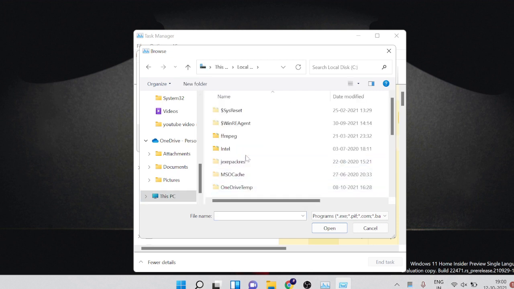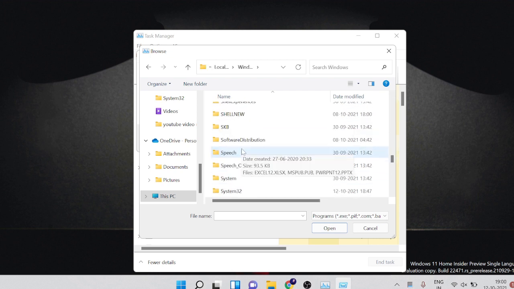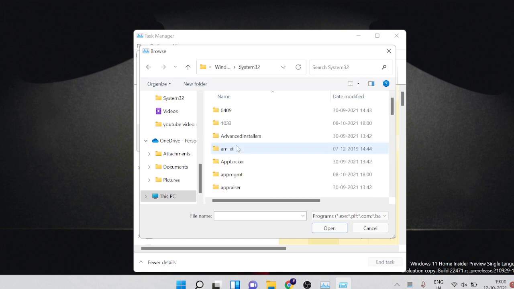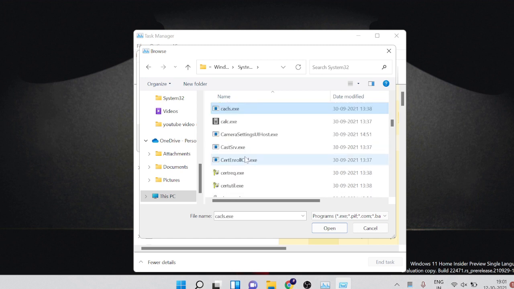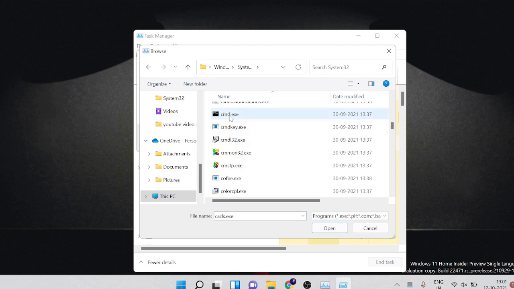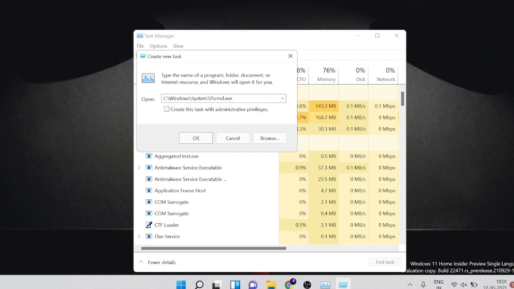Now click on C, then on Windows. And then you need to look for System32. So you can scroll down and click System32. Here you need to look for CMD. So just press the C key and keep scrolling down until you see cmd.exe, which will be in a black icon. Okay, so just press C and here it is, cmd.exe. You need to choose it, click on open, and now here you can see the path. And now we have to add some extra path after this. So just press the space key and then type // and then update.